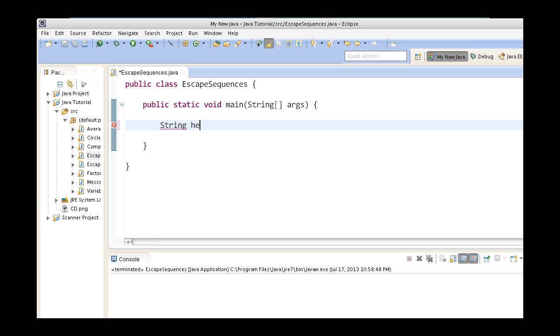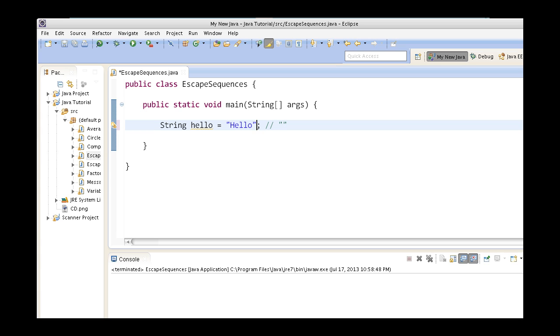Suppose I create a string. Here the string object starts with a double quote and ends with a double quote. Whatever comes in between is our string object. Say if we type something like hello, then hello would be a sequence of characters represented as a string for us. So a string literal starts with a double quote and ends with a double quote, and whatever comes in between is represented as a string object.